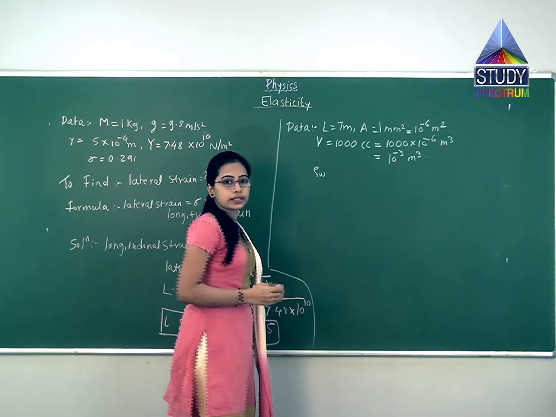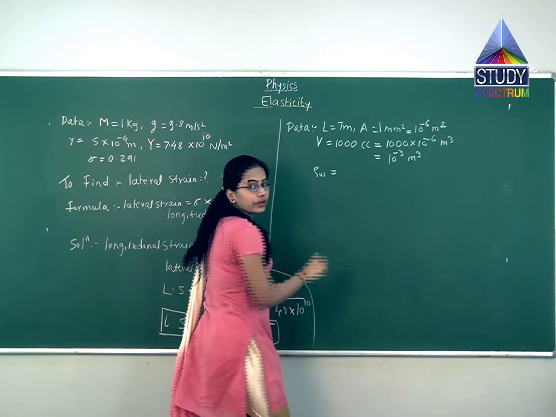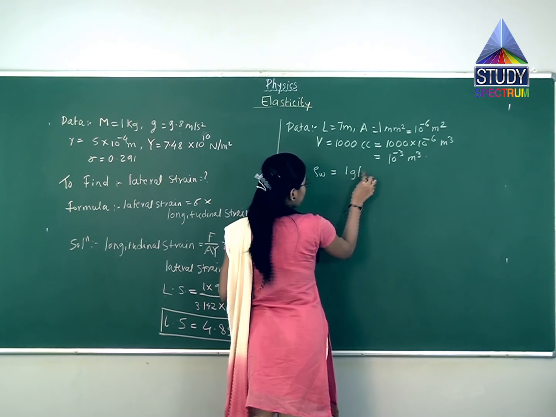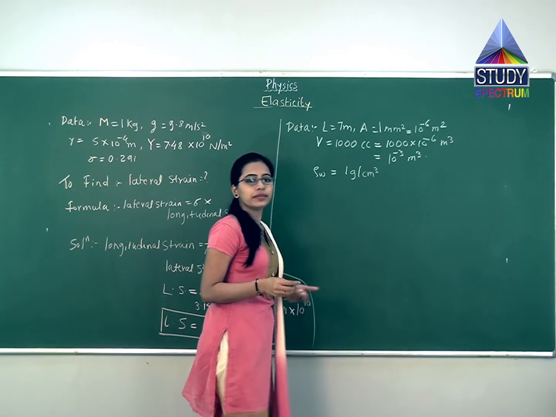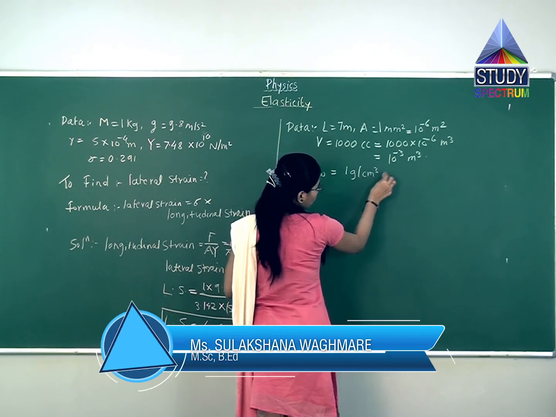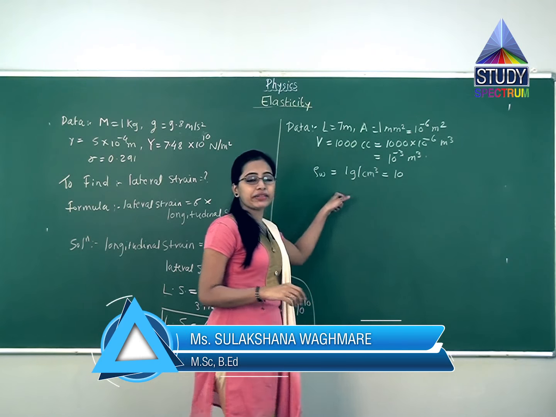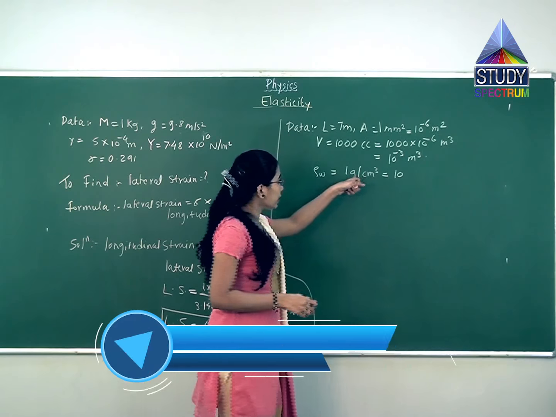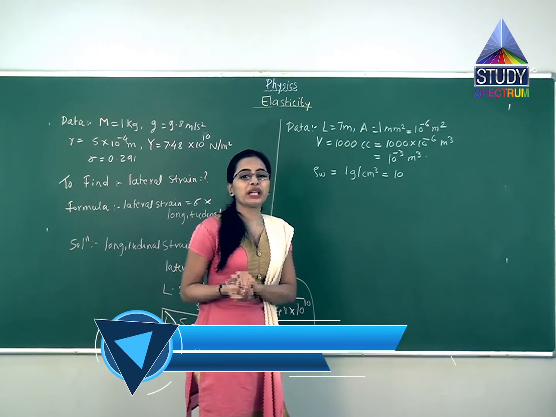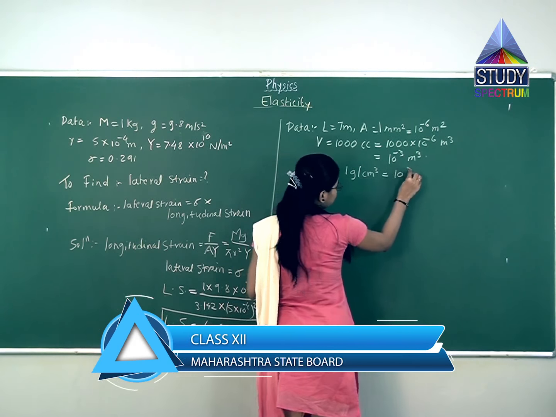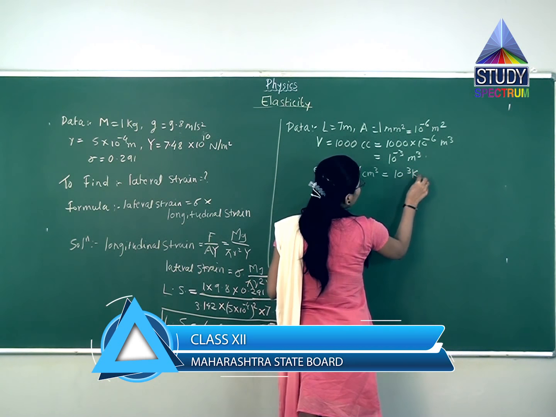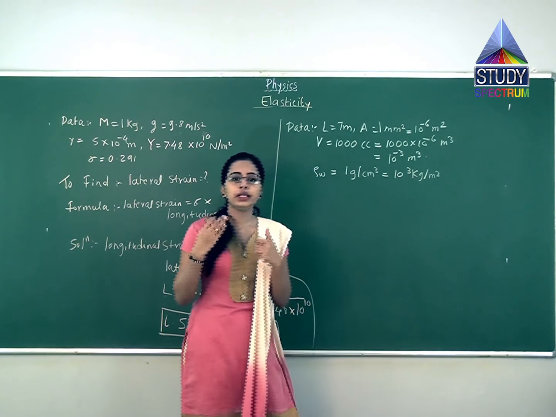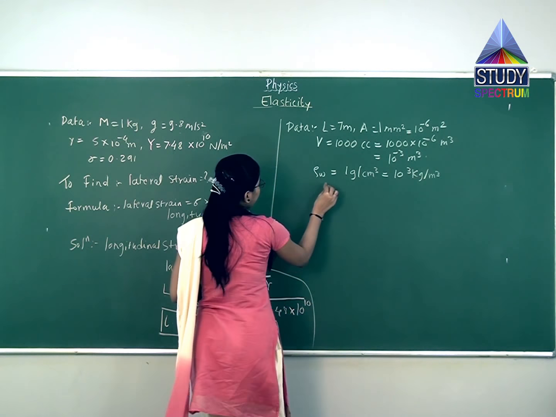Now the rho value for water is given. So we will write it here. It is 1 gram per centimeter cube. It is the density of water. So it is given in the form of grams, so we will convert it into kg per meter cube. That will be 10 raised to 3 kg per meter cube. G value we will get